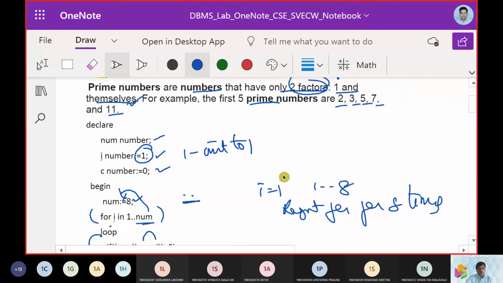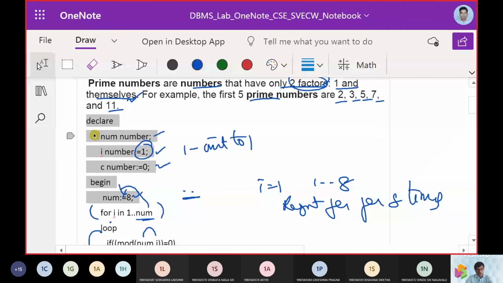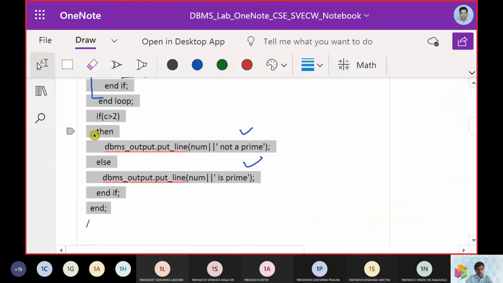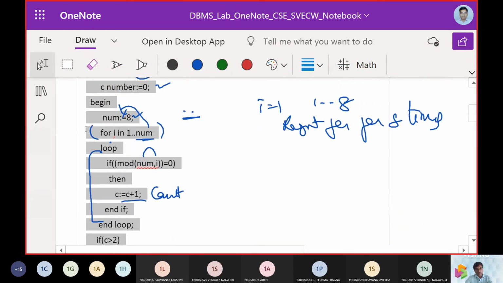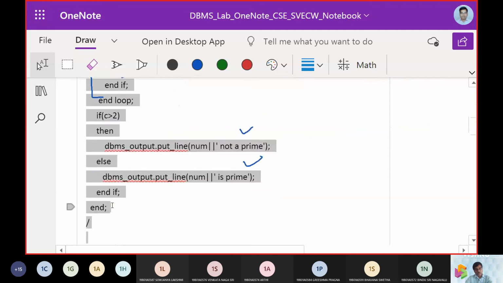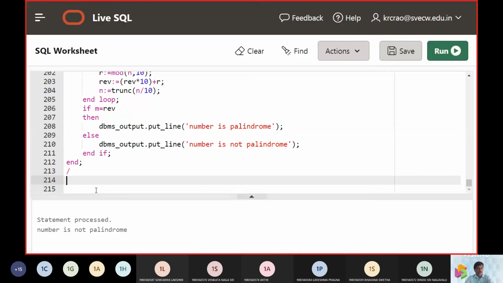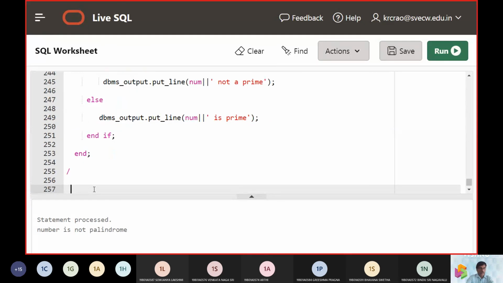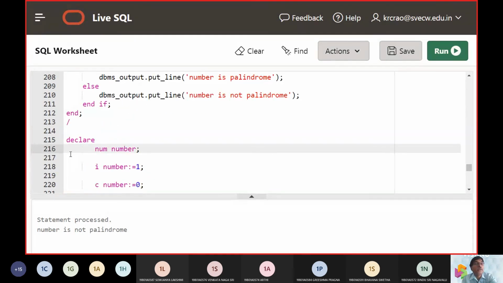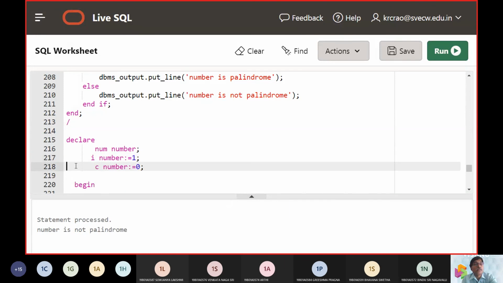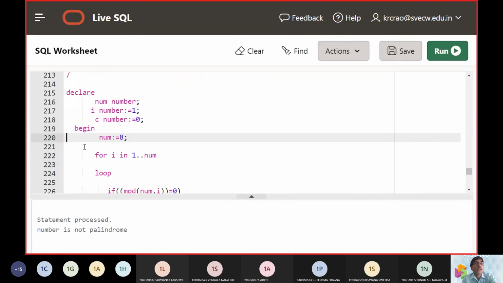We will enter into our work area here. This is a simple program, you know about it. The main intention was to demonstrate the loop structure. You can see the for loop is used and the if statement is used. That is the intention of bringing up the program. We will start at line 215. Now we are demonstrating the prime number program.